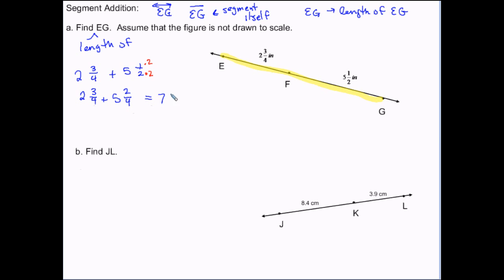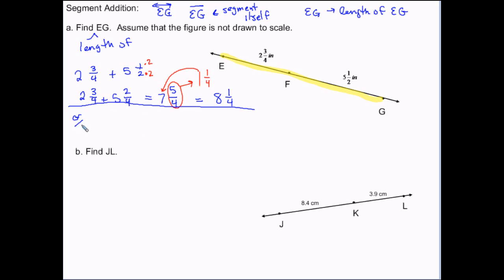That's going to give me 7 5/4, but I don't have mixed numbers with improper fractions in them. So 5/4 by itself is 1 1/4. So this 1 gets added to that 7, and it becomes 8 1/4. Now, if you don't like dealing with all of that, moving things around and messing with it, which some people don't,